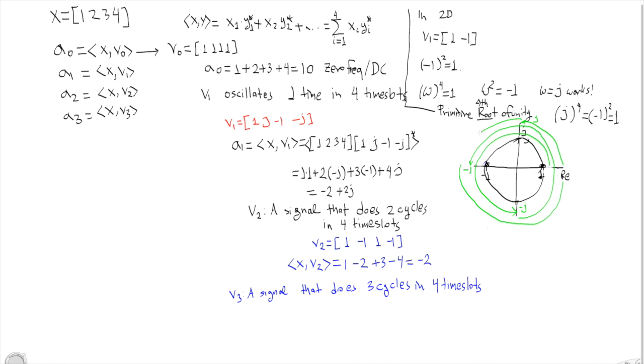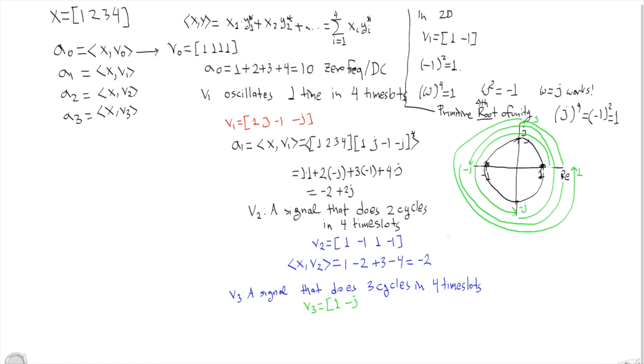And then 3/4 of a cycle again, and I have looped back to 1. Observe that in 4 time slots, I completed 3 full cycles. So the vector v3 is going to start from 1,